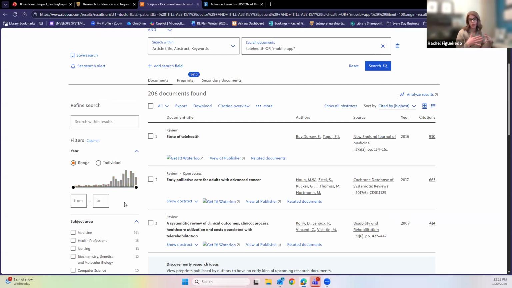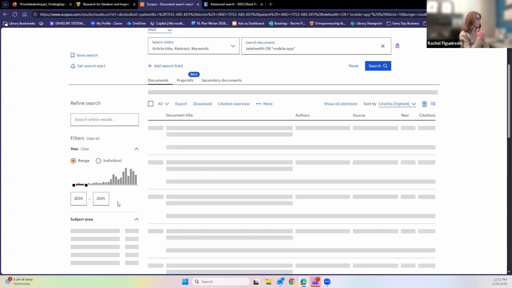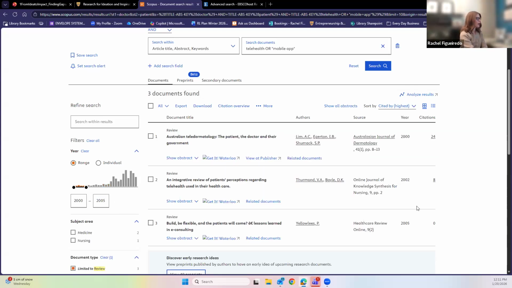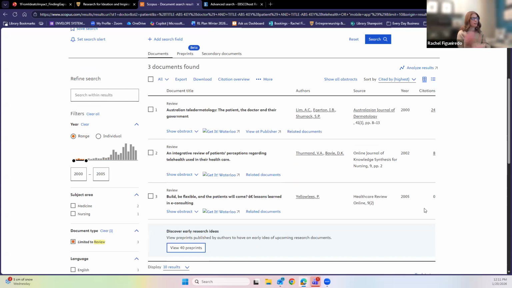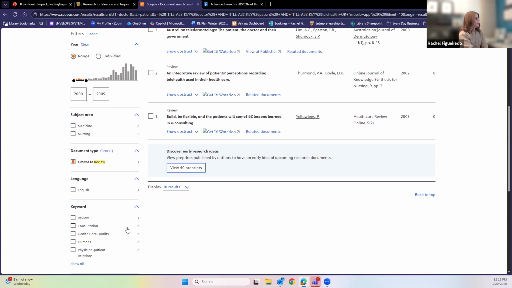The information from the year 2000 is probably going to be really different in terms of what solutions could have been put in place compared to the year 2025, technologically speaking. So you can shift around that date range if you wanted to look at information from even just 2000 to 2005. You can start to see a more historical perspective and use this tool to help shift where you're looking on the timeline.